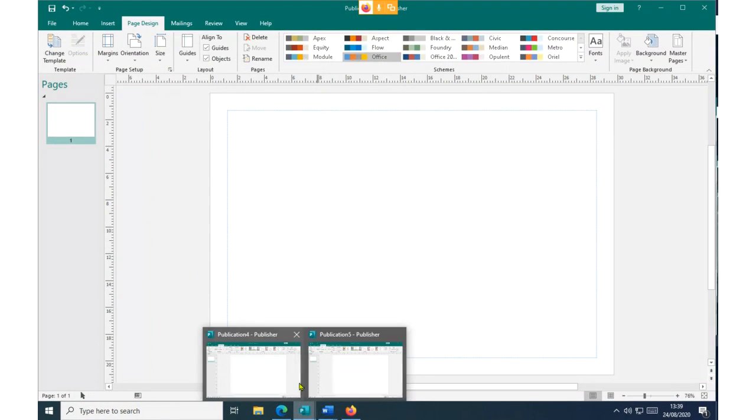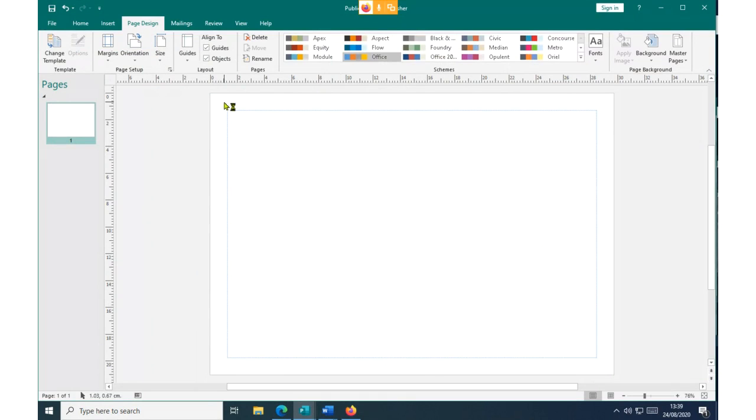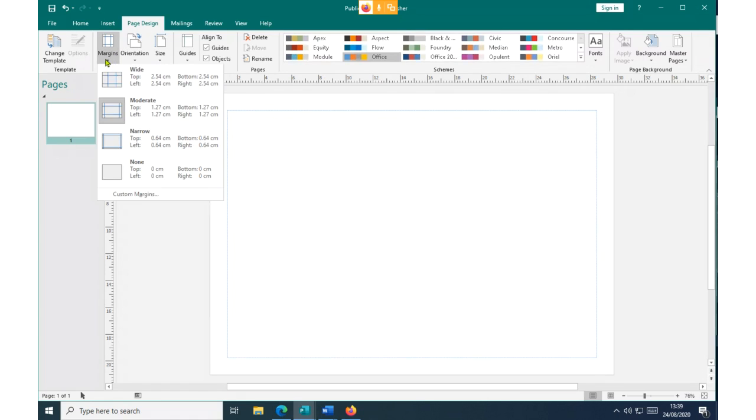Now, I was talking about changing the margins of your page. For you to change the margin of the page, you simply click on the command Page Design and click on Margins. Then under Margins, you select Narrow margins. The purpose of selecting the narrow margin is to reduce this space that you are seeing here so that we can have a wide area for publication design.